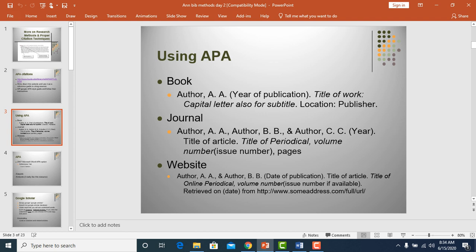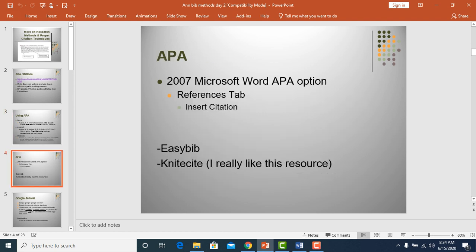However, the APA has changed, and they don't use the date anymore. But I'm okay with you using it if you feel okay with putting a date on there. If not, you just say retrieved from, and then you have the URL. Okay. I'll show you really quickly if I can